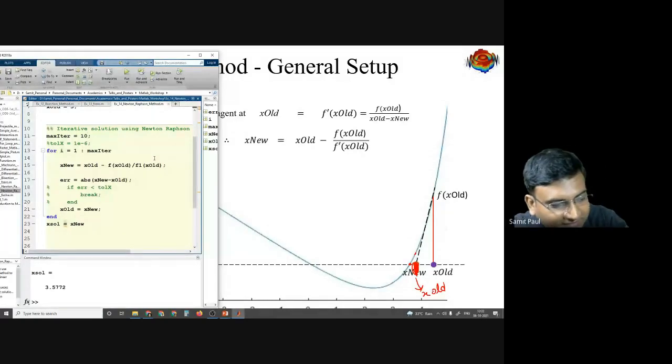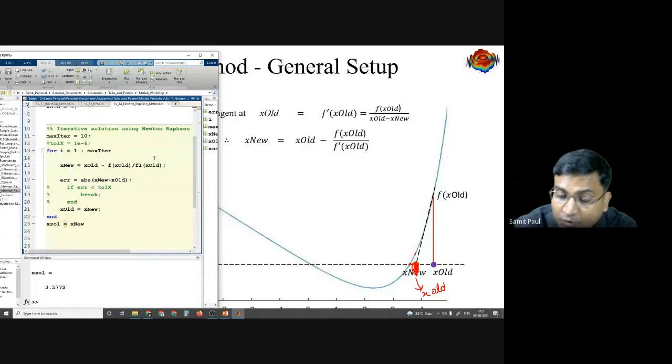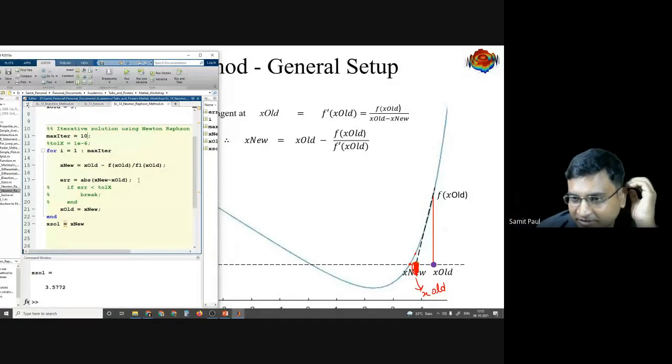Sure. This is the fundamental concept that I am trying to demonstrate. But in MATLAB, if you really want to understand the power of MATLAB, then the Jacobian technique can be used. Instead of this, we can use the arrays method.